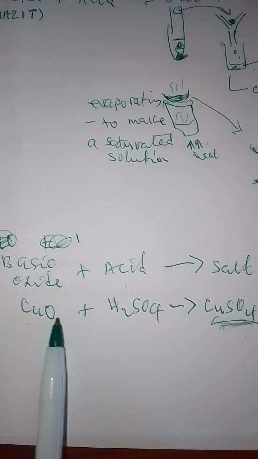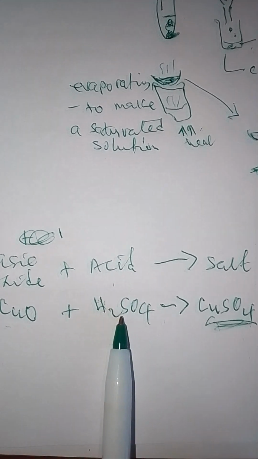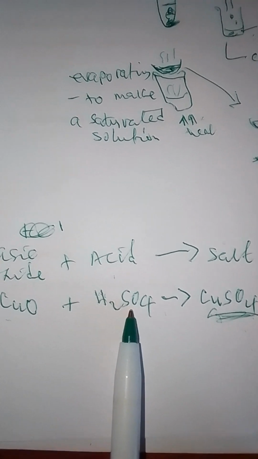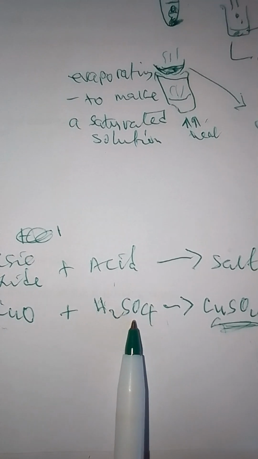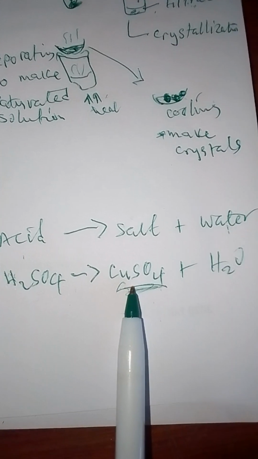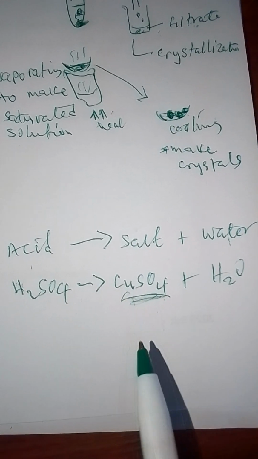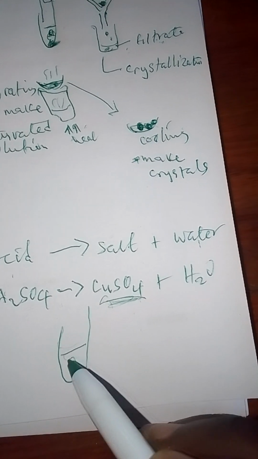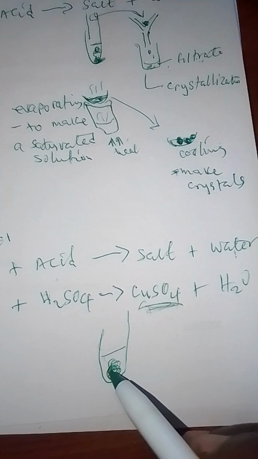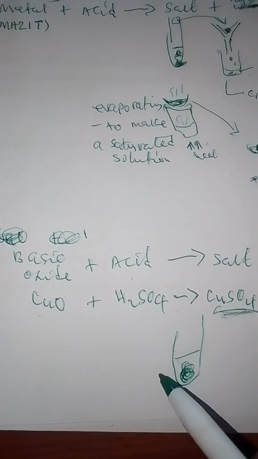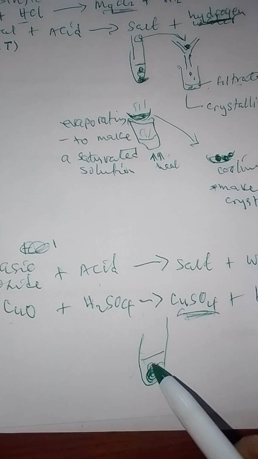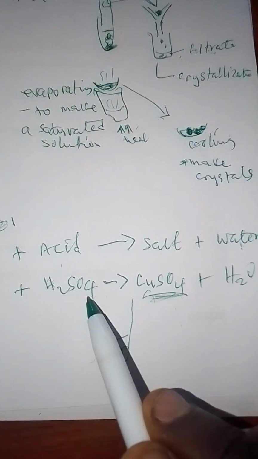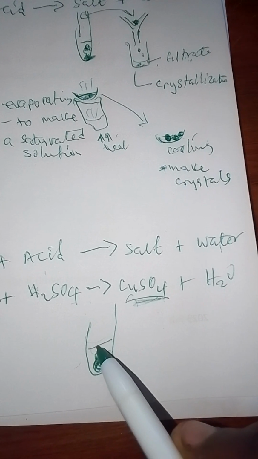So use excess copper oxide here so that the acid, which is sulfuric acid, will be used up, all of it will be used up when it forms copper sulfate. Which means when you react them, put excess what? Copper oxide, copper 2 oxide, in terms of moles. So this one must be in excess, this one must be a limiting reagent, so that whatever will be formed